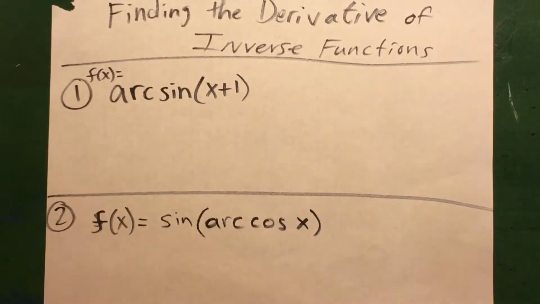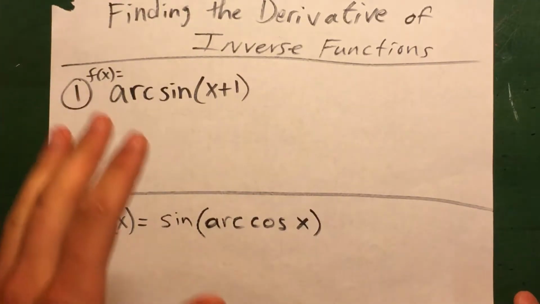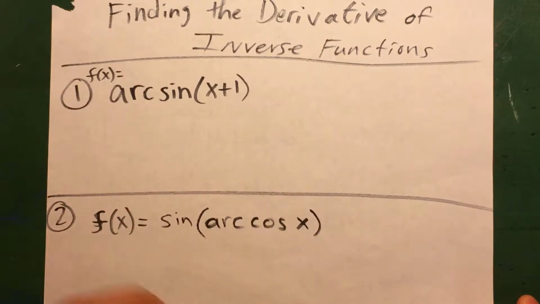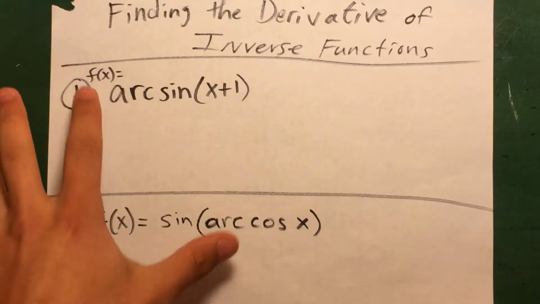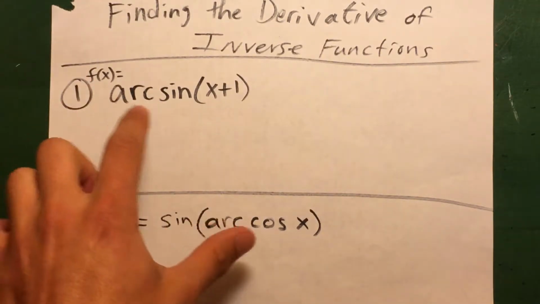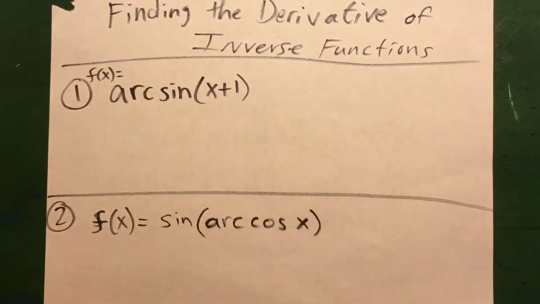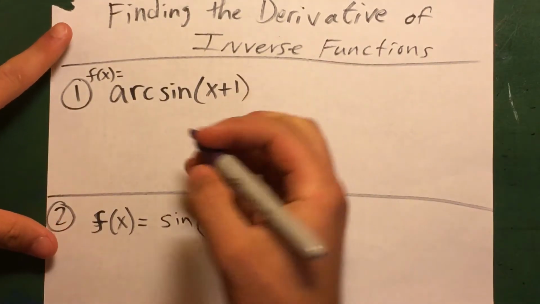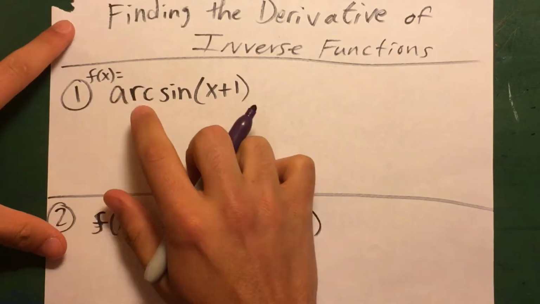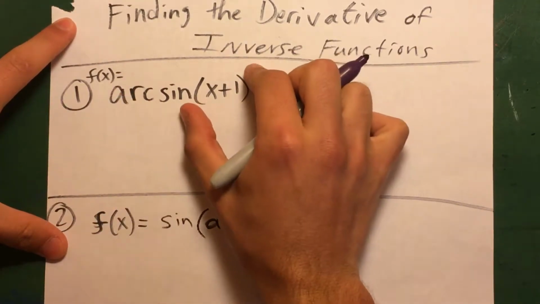Hey everybody, in this video I'm going to show you some more examples of derivatives of inverse functions and how to find them. So let's begin with the first problem. We have f of x is equal to arc sine of x plus 1. We can already tell that it's a composite function, and we're going to start by writing the derivative of arc sine and then putting in x plus 1 in